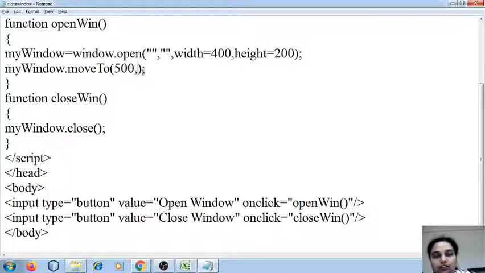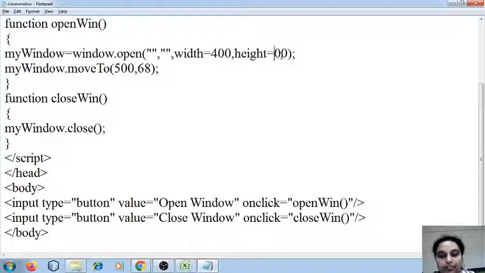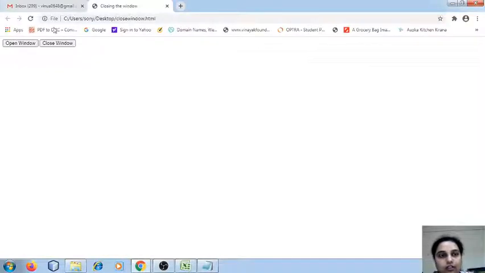Now if I change this to 68 and then I'm going to save this one. Height also I will make it as 400. I click on refresh. Did you observe the position of the window has been changed?